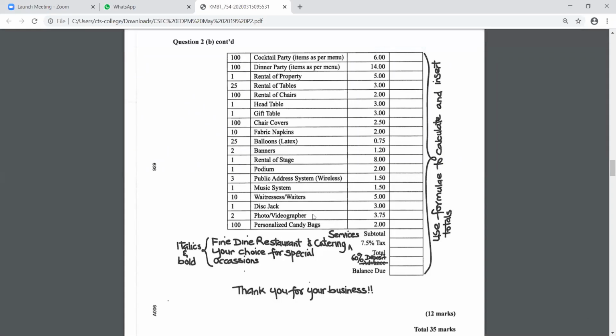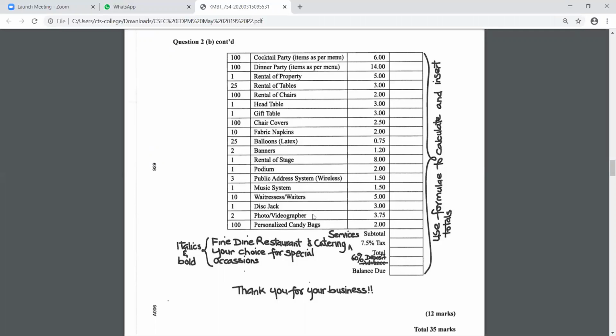D22. No, you don't have to give me the exact cell. I just want to know what formula we are using.